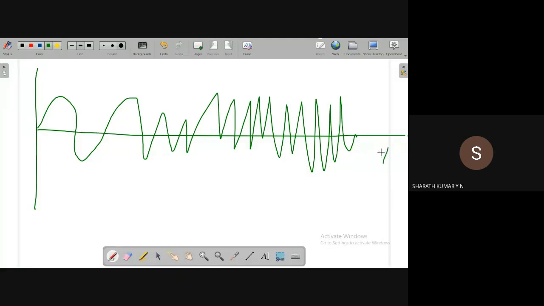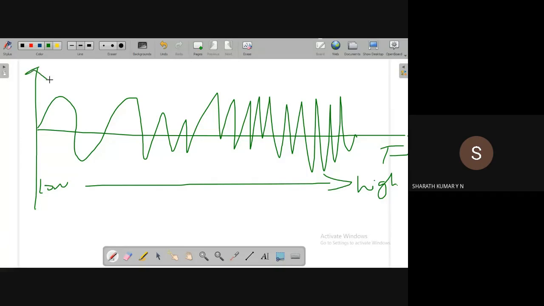This is the frequency range. We are going from a low range to a high range. Let us say I want to limit the signal to only a particular frequency range. I don't want to allow all ranges of frequency to be applied to the circuit. I want to limit the frequency of the signal. I need to select only this range of frequency.